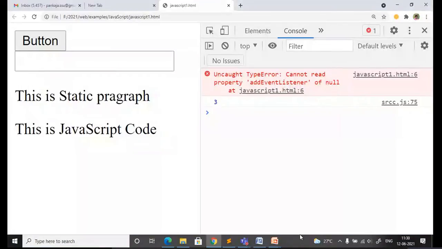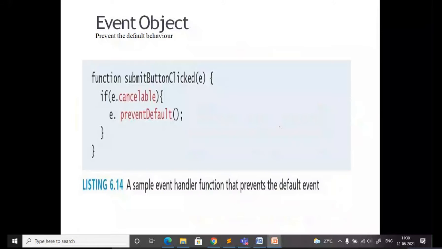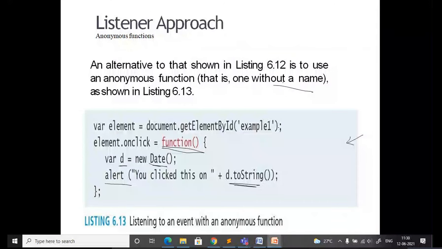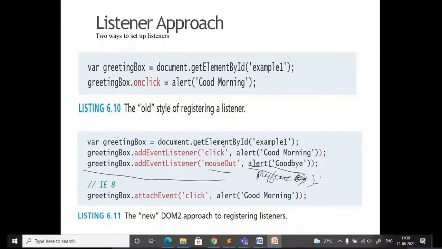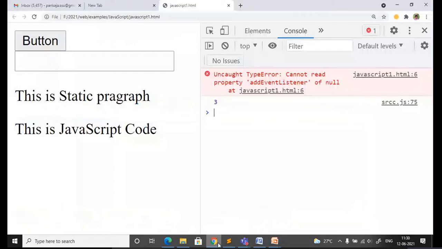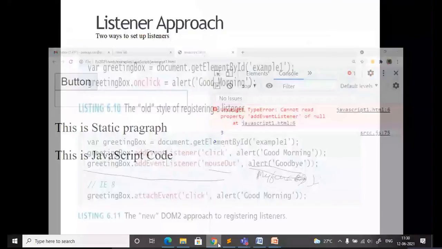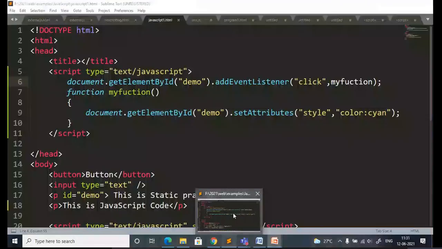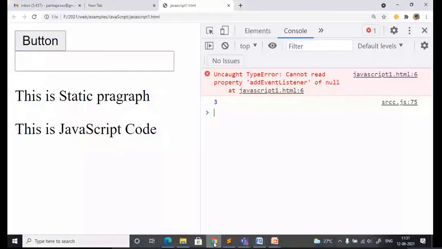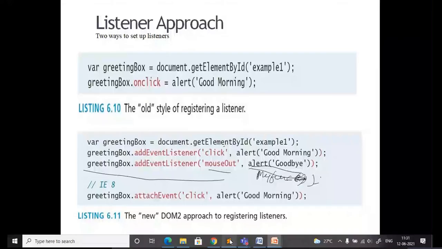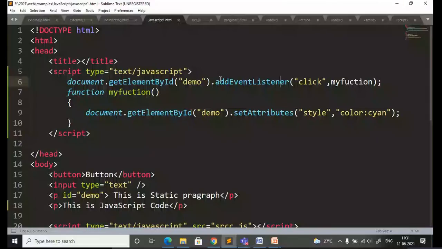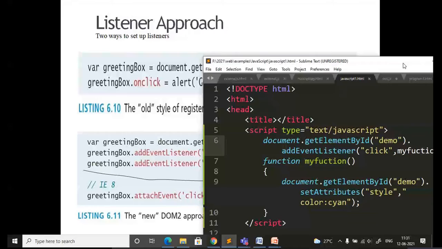You can quickly check the name. Add event. Even the spelling is correct.